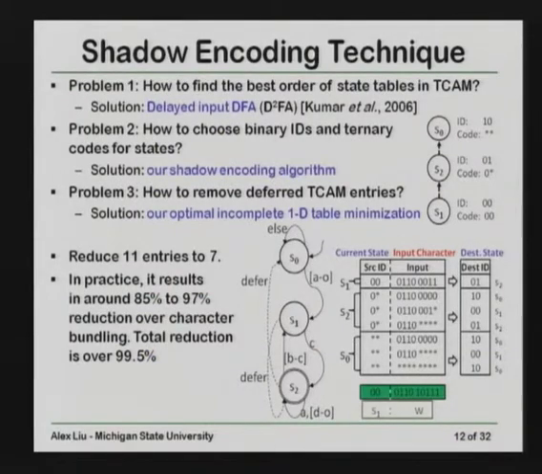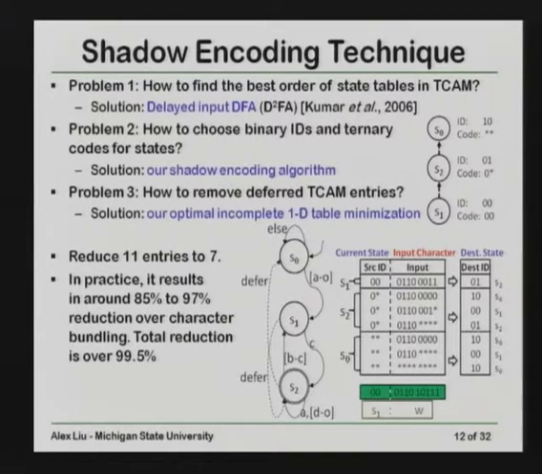That's a very good question, and that's what this algorithm is all about. How to assign those IDs is non-trivial. Take a look, for example, after we do this shadow encoding, this is the table with 7 entries, and take a look at this one lookup.